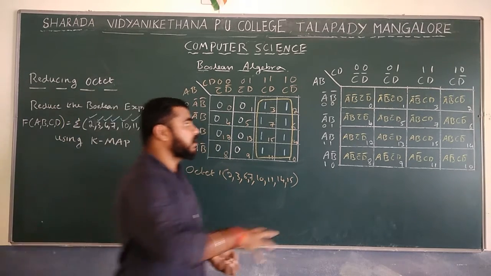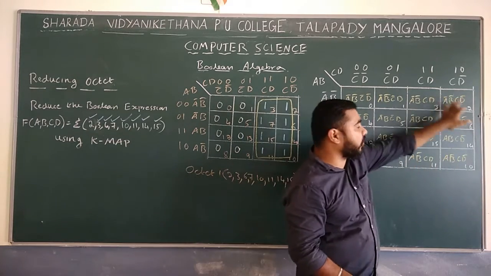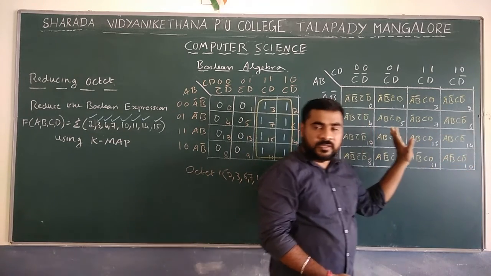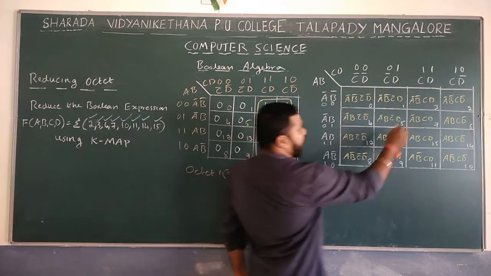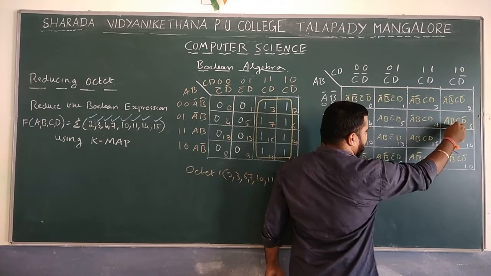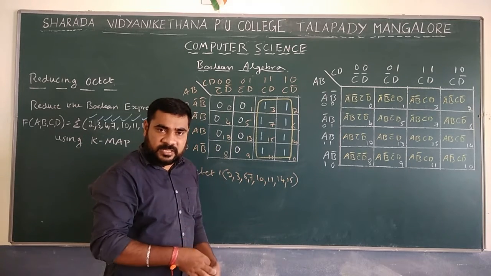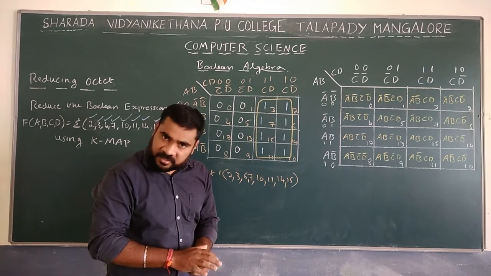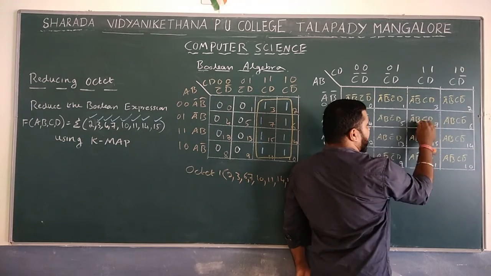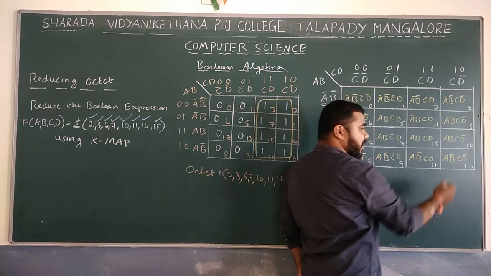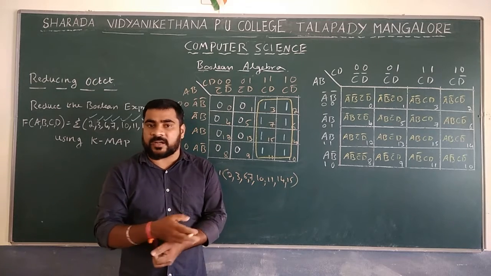When you go to reduce, see the column. This is an example. Those 8 cells are one group. So first take A. Here A dash, A dash, A dash, A dash, then A. So A dash is there and A is there, so that is not a common term. Next term, B: B dash, B dash, B dash, B dash, and B is present and also B dash is there. So A, B is not a common term.